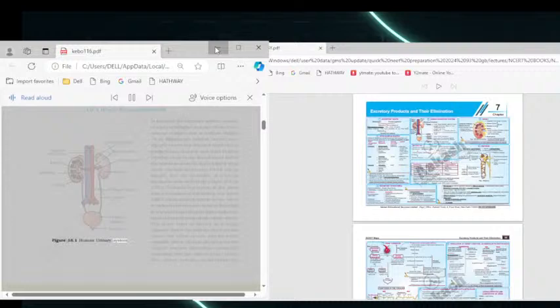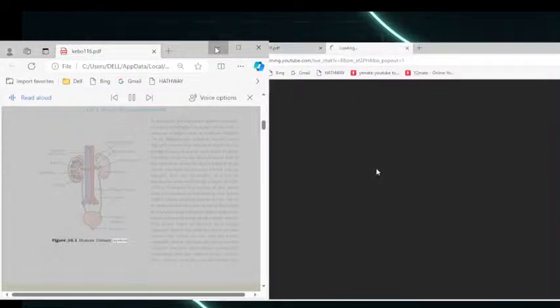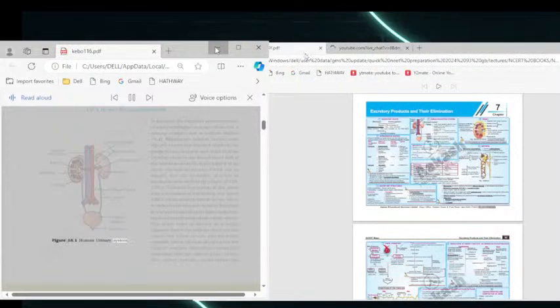16.2 Urine formation. Urine formation involves three main processes, namely glomerular filtration, reabsorption, and secretion, that take place in different parts of the nephron. The first step in urine formation is the filtration of blood, which is carried out by the glomerulus and